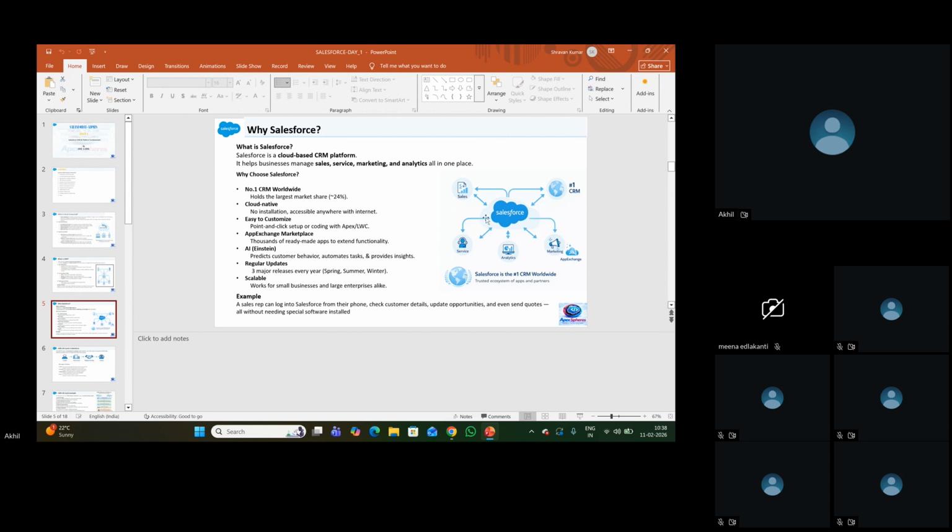So this is Salesforce. It's the world number one CRM. With the help of Salesforce, we can manage everything. We can do the marketing with the help of Salesforce. Once our product is ready, we can do the marketing. And if any customer has shown interest in our product, we'll treat him as a lead in Salesforce, and our sales team will follow up with him.